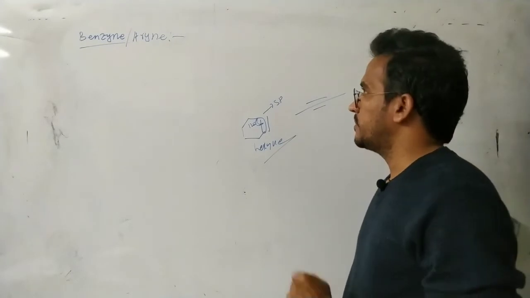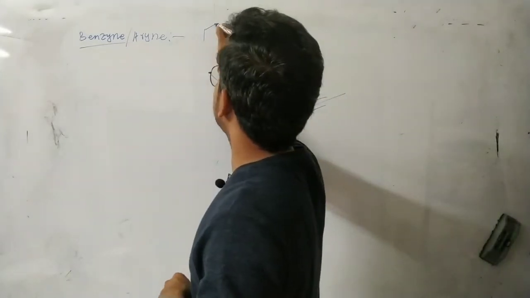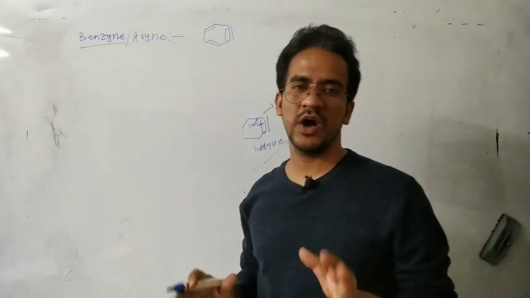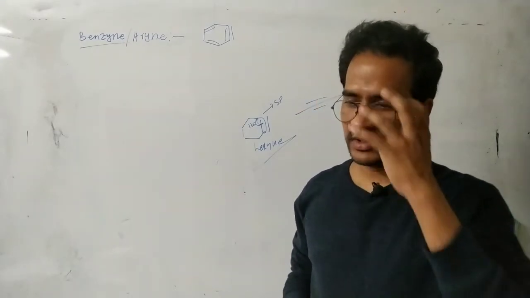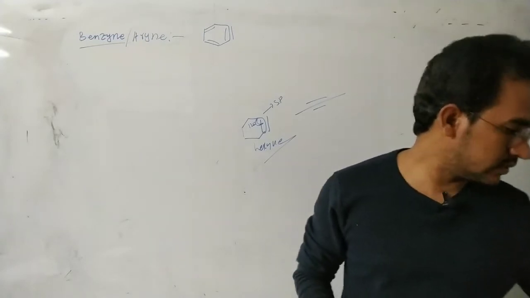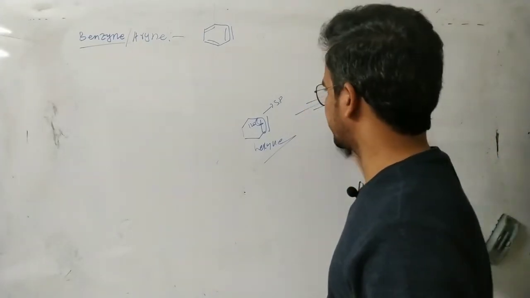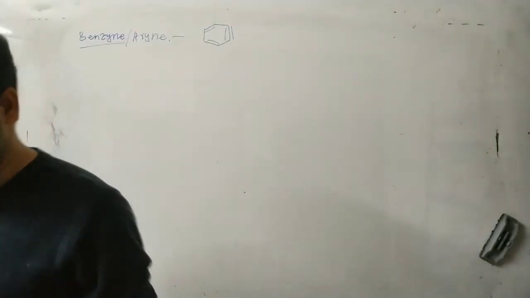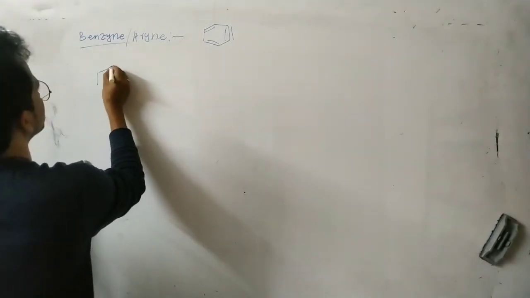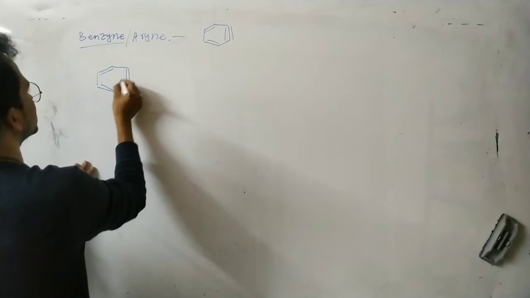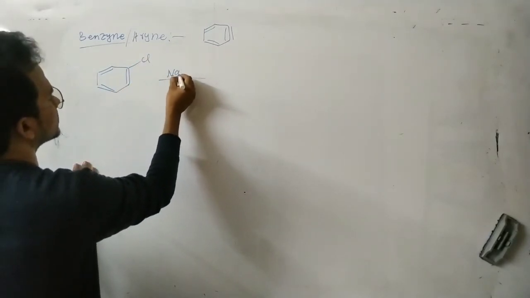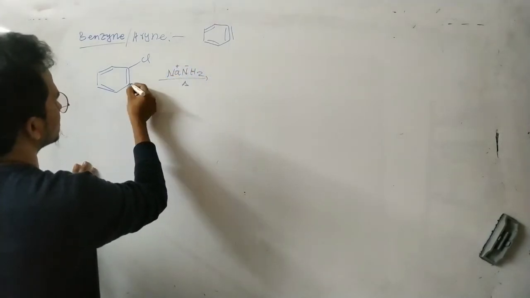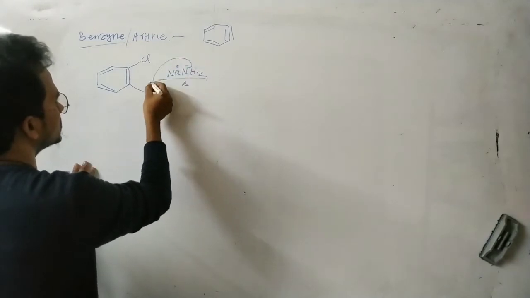But in this case, this is the general structure of benzyne. This one does exist. How does this benzyne exist actually? Let us discuss how benzyne is formed. First, suppose I am taking chlorobenzene. This chlorobenzene, on heating with sodium amide, NH2 minus Na plus, this NH2 minus removes the H plus,